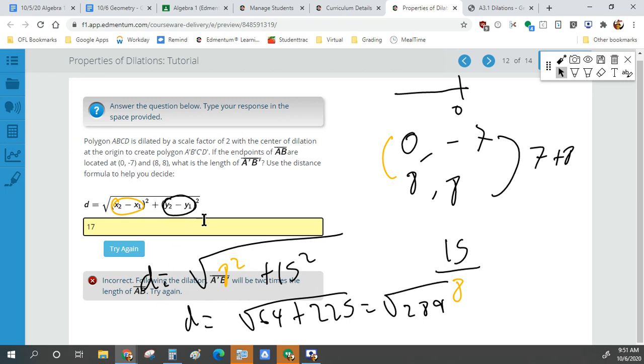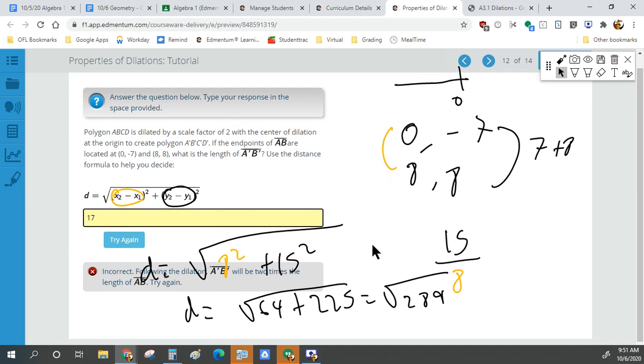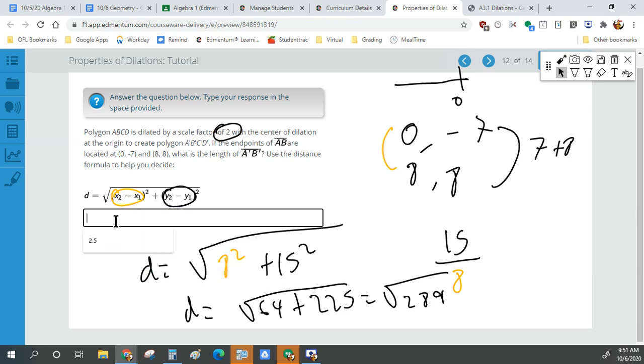That's it. What? No way. Incorrect. Oh, they dilated it by 2. That's me not reading the problem, guys. They dilated by 2, which means I have to increase this distance. 17 times 2,